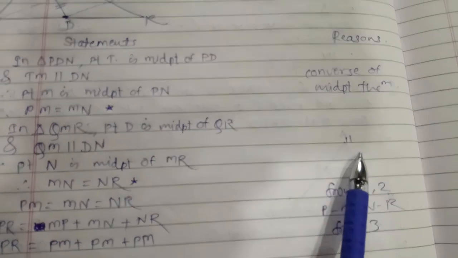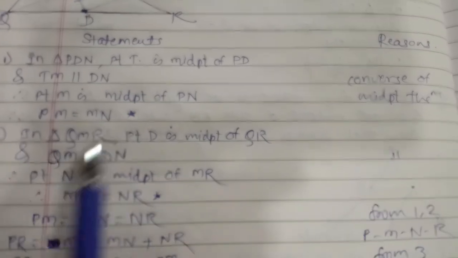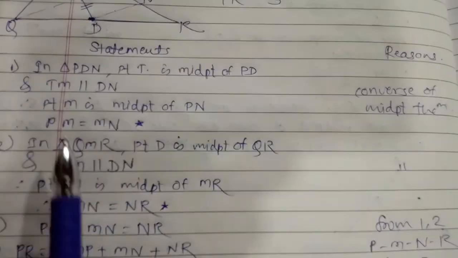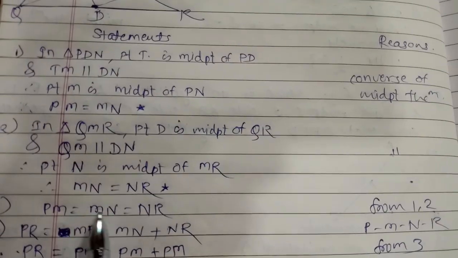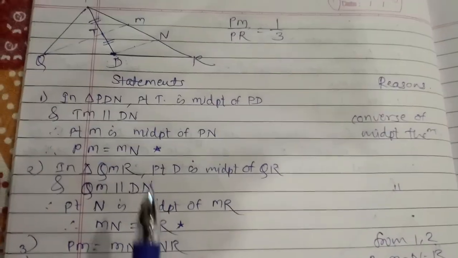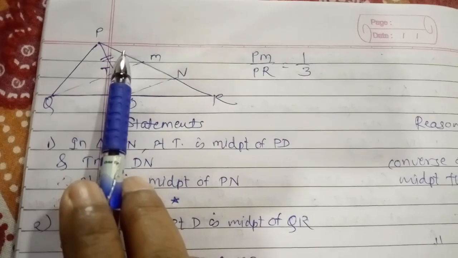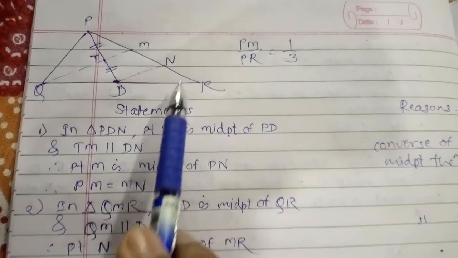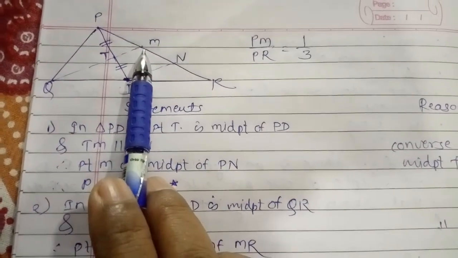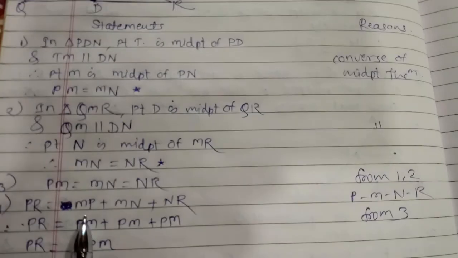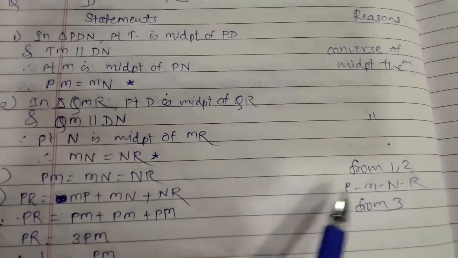So according to the converse theorem. So यहाँ पे जो मैंने दो स्टार्स लगाए वो स्टेटमेंट हमें ध्यान में रखना है. तो MN is repeated here, so we can easily write that PM is equal to MN is equal to NR. Now see how this PR forms. PR forms by the addition of these parts, that is PM plus MN plus NR. Why? Because M is in between this PR, N is also in between this PR. So we can write that PR is equal to MP plus MN plus NR. So the reason is P-M-N-R.